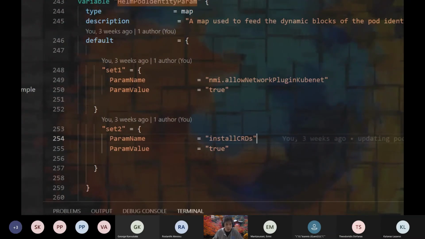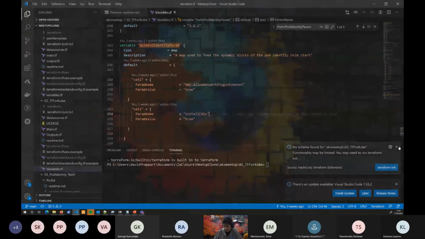Okay, as you can see, I have two parameters, the one that I mentioned, forcing the installation for kubenet with the set, and the other one is installing the custom resource definitions, which obviously we need to do. If not, we would have to do it separately, or it would not have the definitions for the Azure identity, the binding, and the result of the binding. Okay, so we do that.